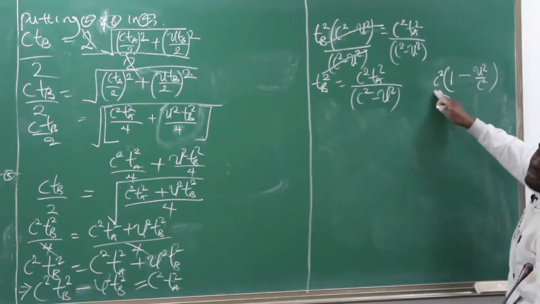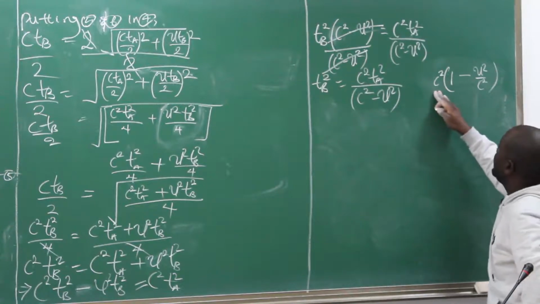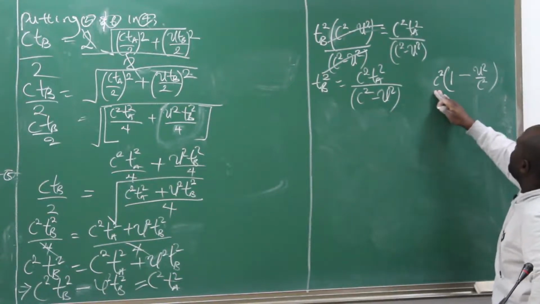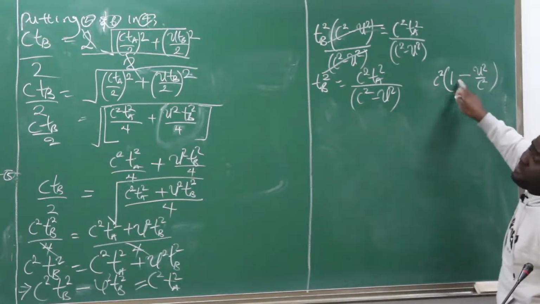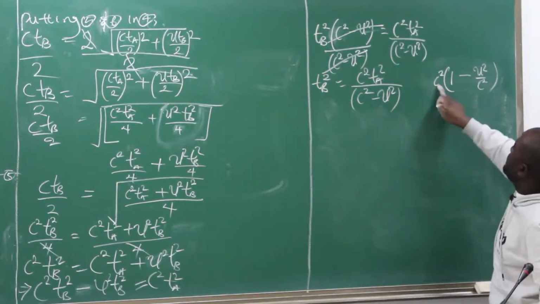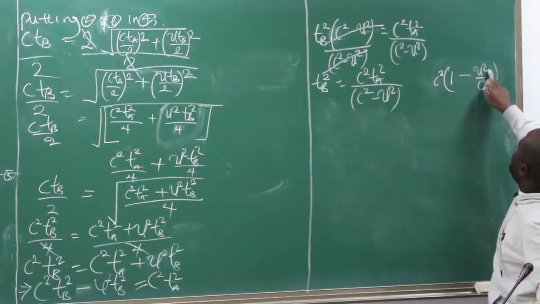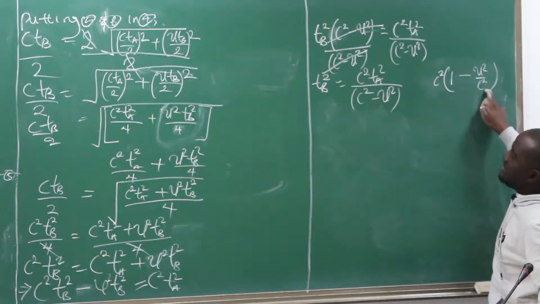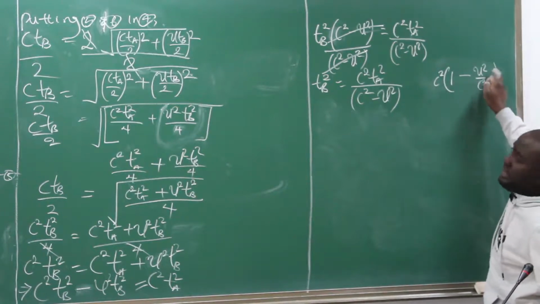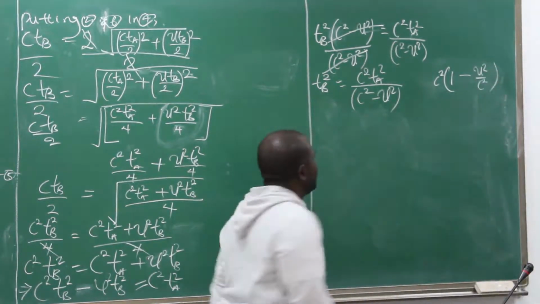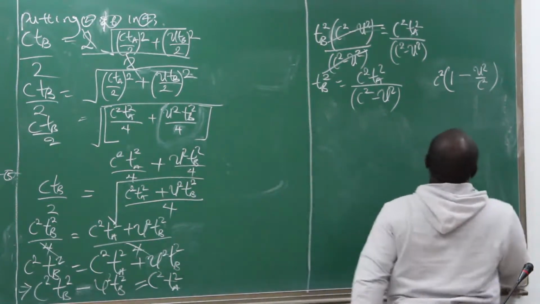So that by the time you want to expand this bracket, you're still going to find something like this. c squared times 1 is c squared, times u squared all over c squared will give us the c squared. They cancel each other out, leaving behind just a u squared. So now the whole of this becomes,